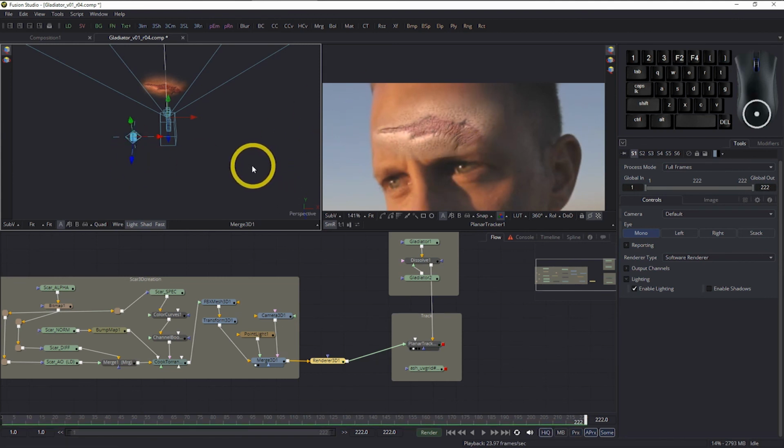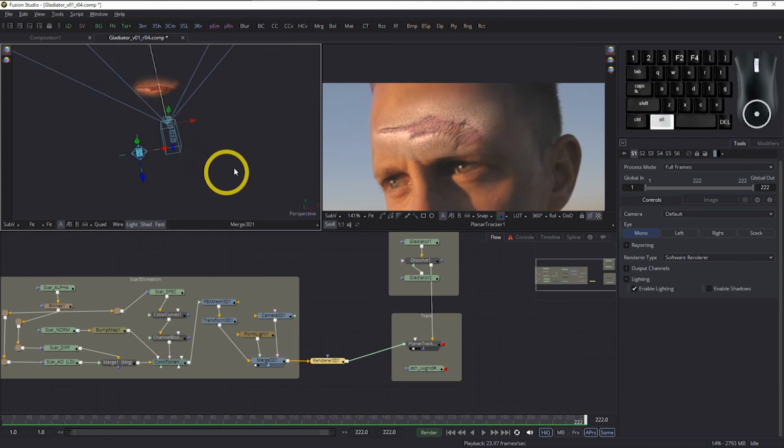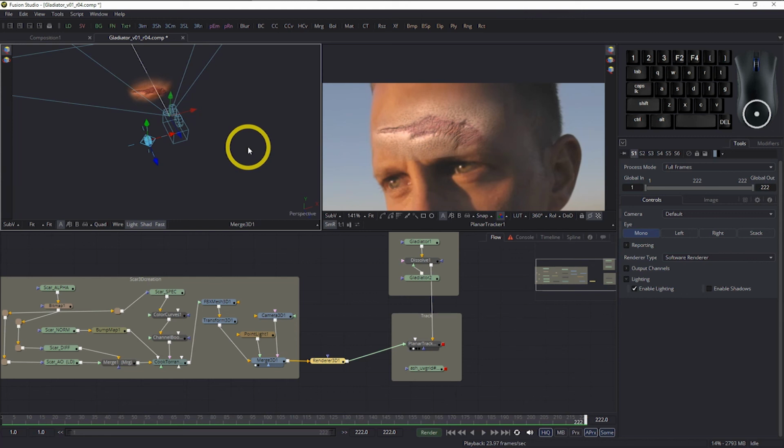But I just like the flexibility of a point light, because a spotlight has more parameters than a cone, and it's much more difficult to aim, whereas this you can just shift around, which I find is much easier to work with. And of course we're going to be using some color balancing as well to make this sit in a lot better. Okay, next up, I think what we'll do is look at adding a spline in,